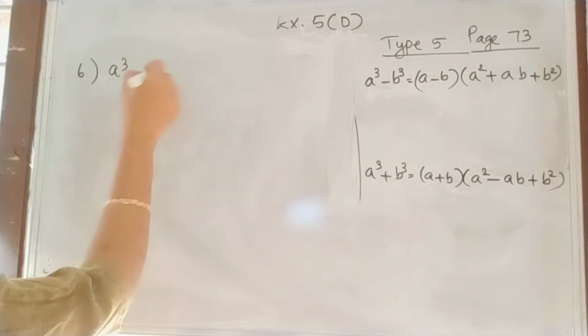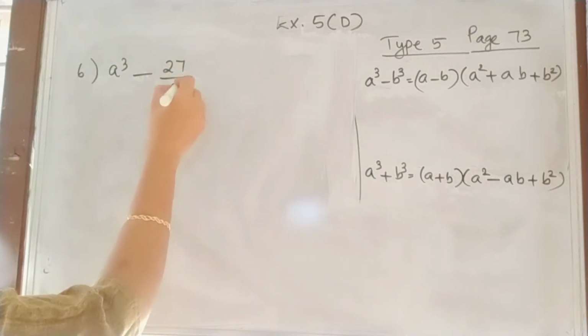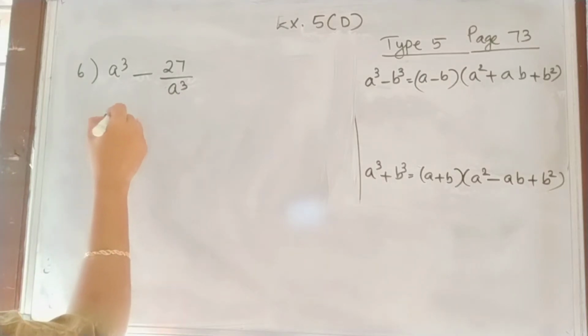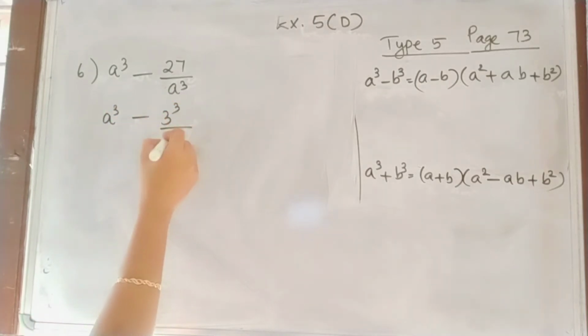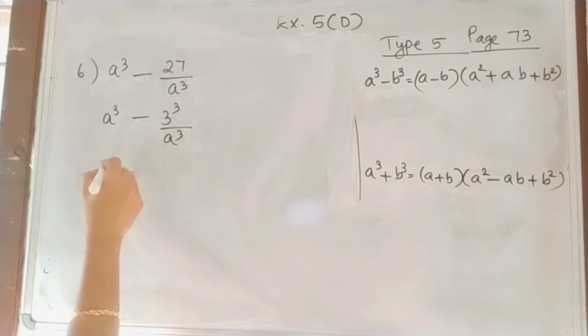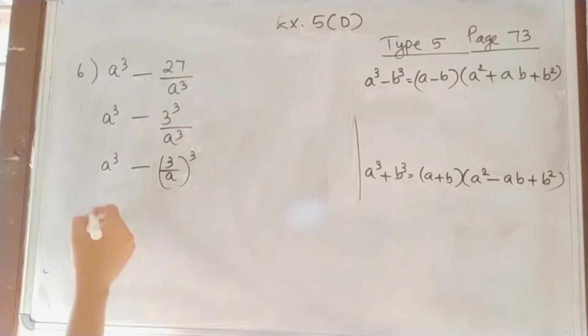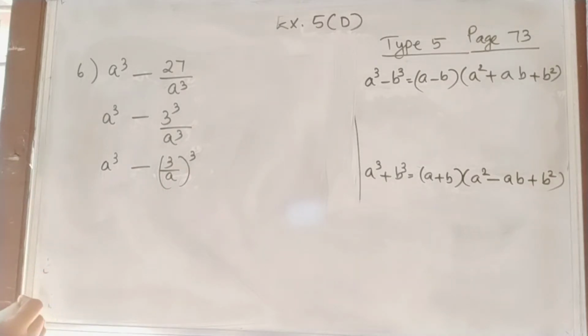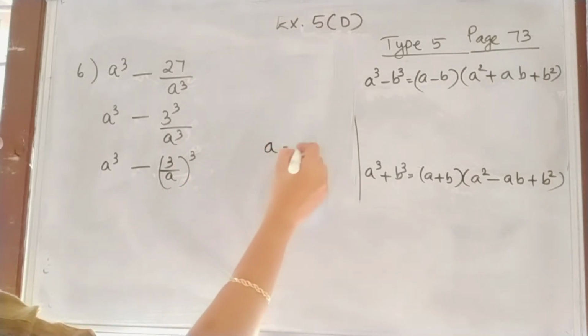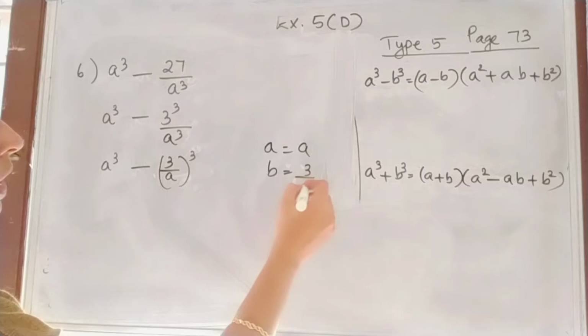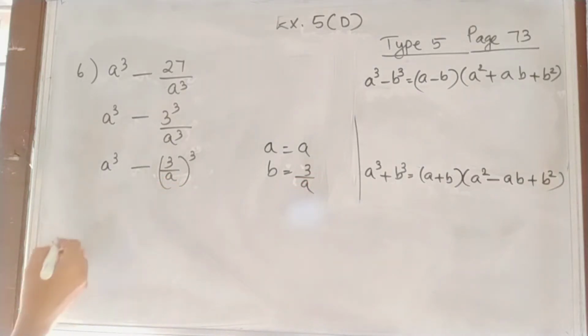A cube minus 27 divided by A cube. So how can we write 27? That can be written as 3 cube divided by A cube. So A cube minus (3 by A) the whole cube. So this is in the form of A cube minus B cube. Here A is equal to A and B is equal to 3 by A. So A cube minus B cube, we can write it as A minus B